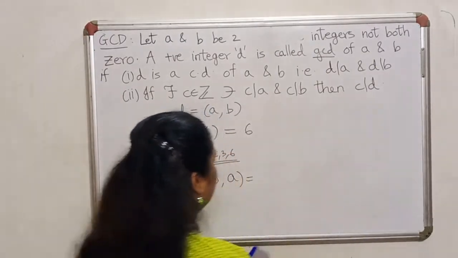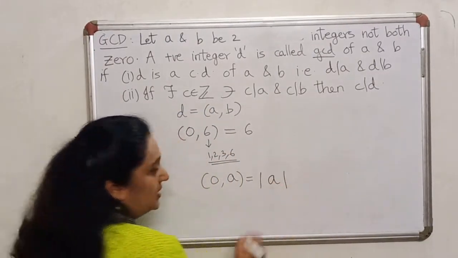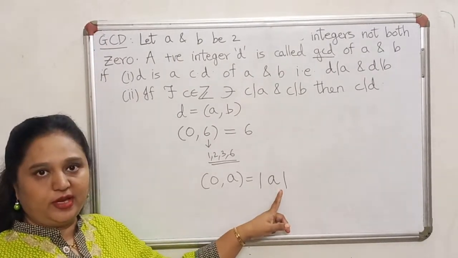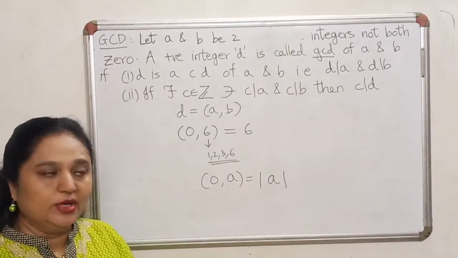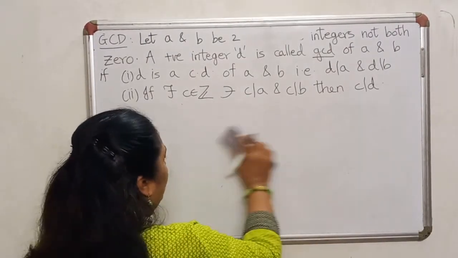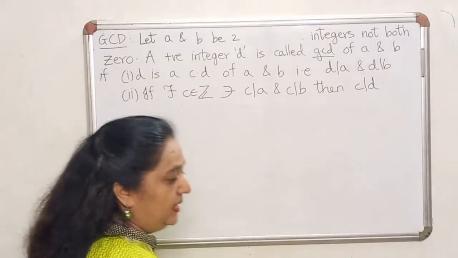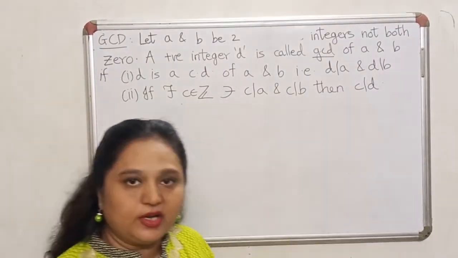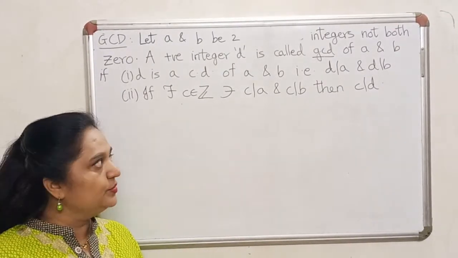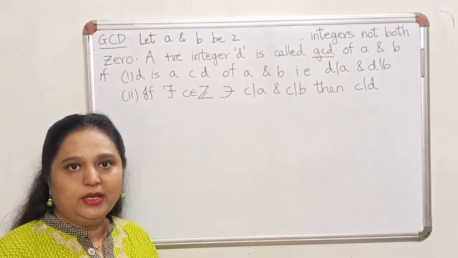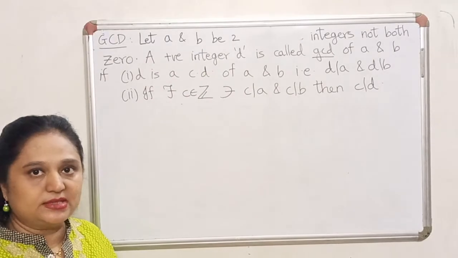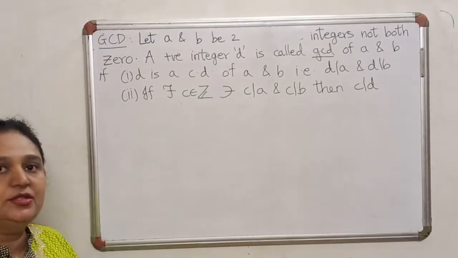Okay, so in case you worked it out, because I want the GCD to be positive, it should be modulus of A, provided A is not equal to 0. You can also try and figure out what would happen if both are 0 simultaneously and why GCD is not defined when both of them happen to be 0 simultaneously. So just try and work out what could be the GCD if it exists. But then it does not. When both A and B are 0 simultaneously, GCD is not defined.